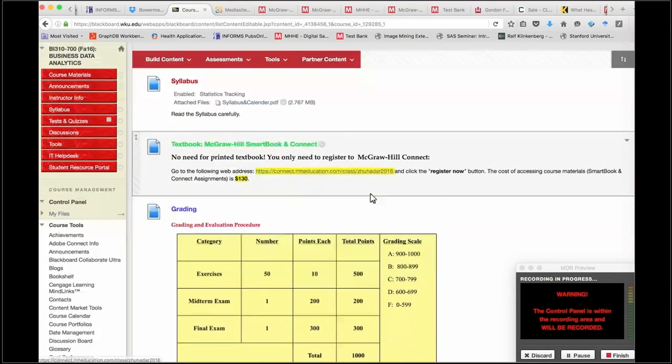As you can see, the second item gives you a link from where you have to register your access to McGraw-Hill Connect. The link of my course is the following link. So all you need to do is to copy this link, and